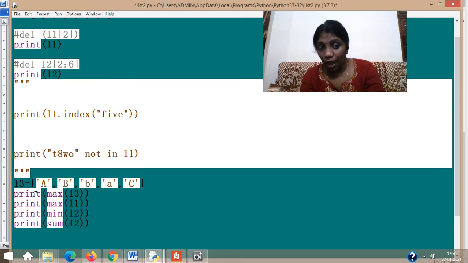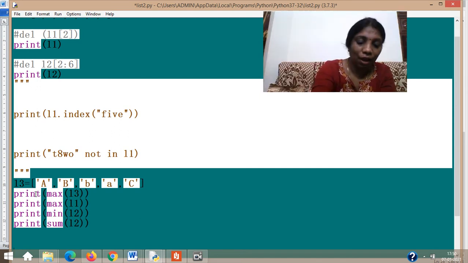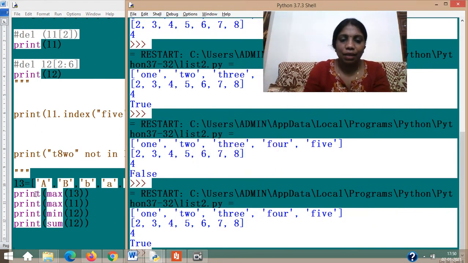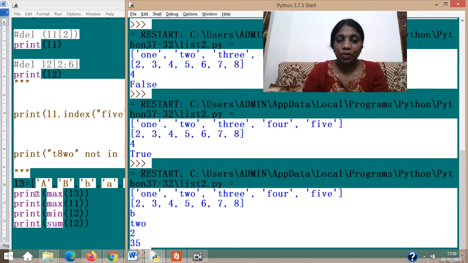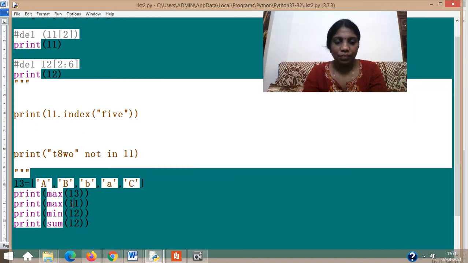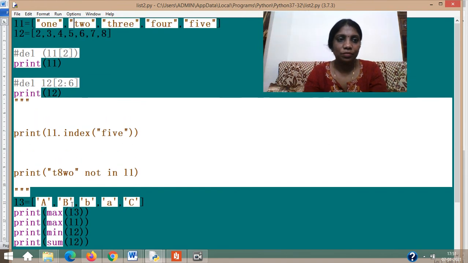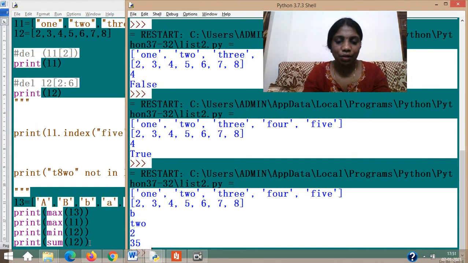This being character values, it uses the corresponding ASCII values. Inside the memory there is a bigger value for your corresponding A, B, C, D, and that value will be shown to you. That I will introduce to you later. See, B is the highest value here. Whereas in L1, go to L1, that was the highest value shown here as 2. There again, the reason I will tell you afterwards because you haven't seen that much.